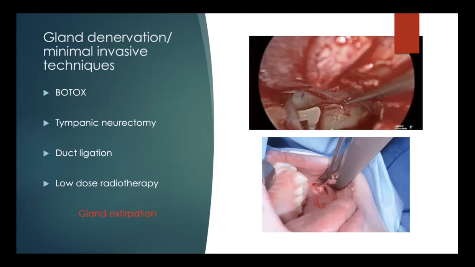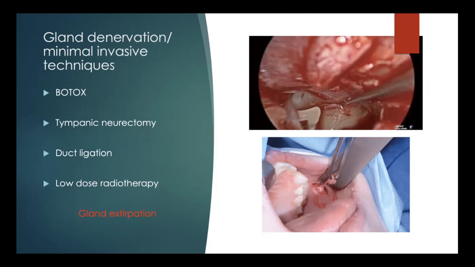Let's say nothing works and you've tried to identify everything, you have your denervation techniques, you have your Botox into the salivary gland. Now, we've done this for quite a few patients and we've got mixed results. We've done this in 7 patients. We've achieved success in 5. 2 had to undergo a parotidectomy. But Botox seems to be a good first line option when you're considering denervation of a salivary gland, of